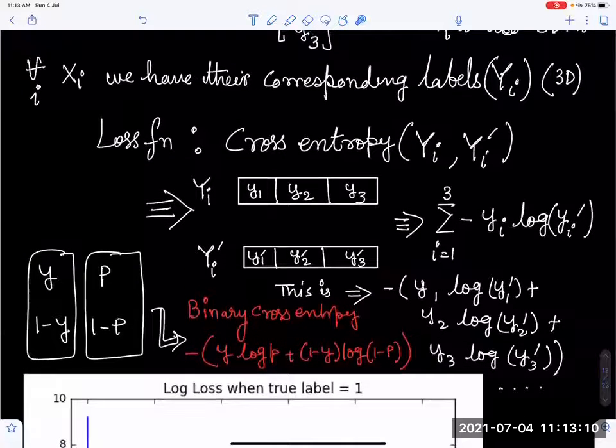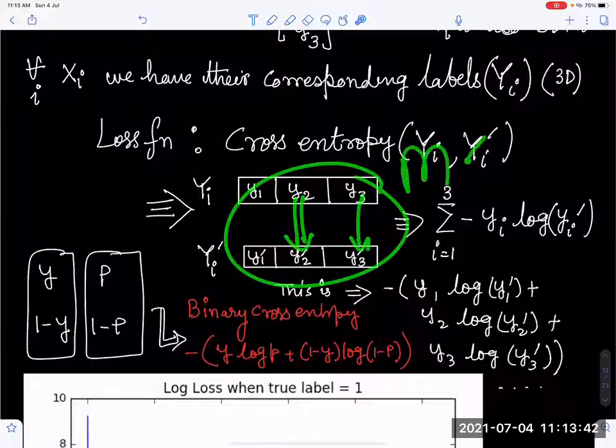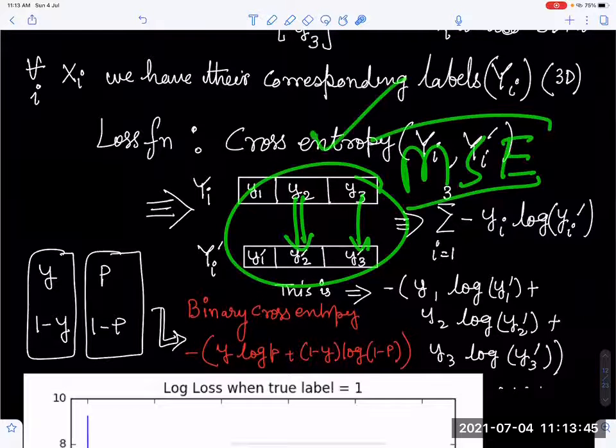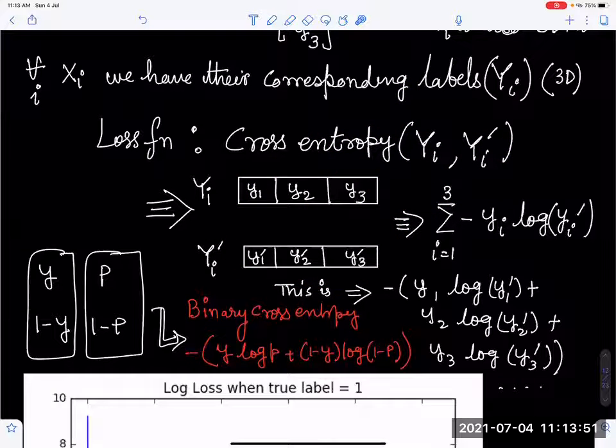Is there any specific intention for taking log? Yes, there is a very specific intention. If you want any detailed explanations, they are available. We will share the link for one full lecture on cross entropy. Somebody can also argue why not take y1 minus y1 hat and y2 minus y2 dash and so on, and add, like MSE. There are issues, and for regression MSE is taken, and cross entropy is taken for classification, and there are proofs as well.